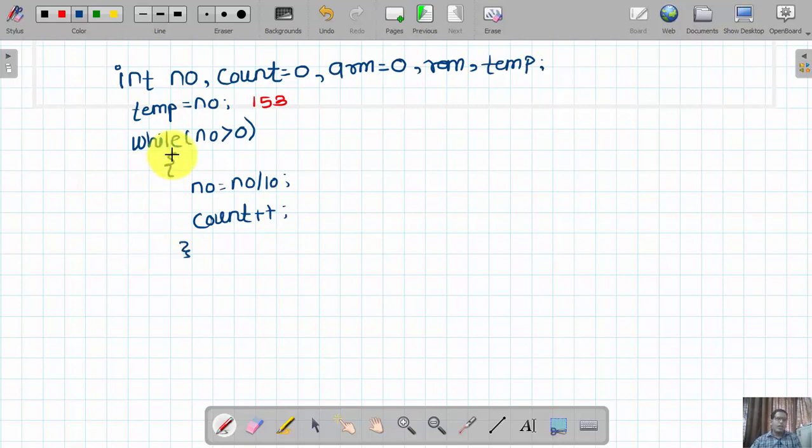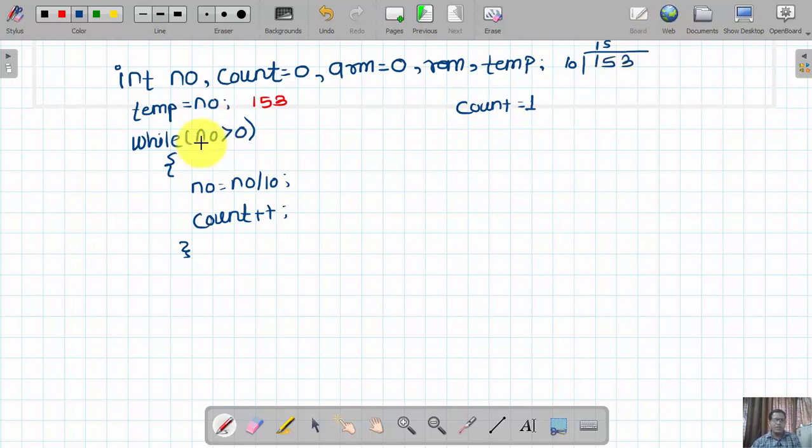So here what will happen? The initial value of number is 153. As 153 is greater than 0, it goes inside the loop, then divides by 10, so the quotient value is 15, and the count value is incremented by 1. So in the first execution, the count value is now equal to 1. Now the value of number is 15.